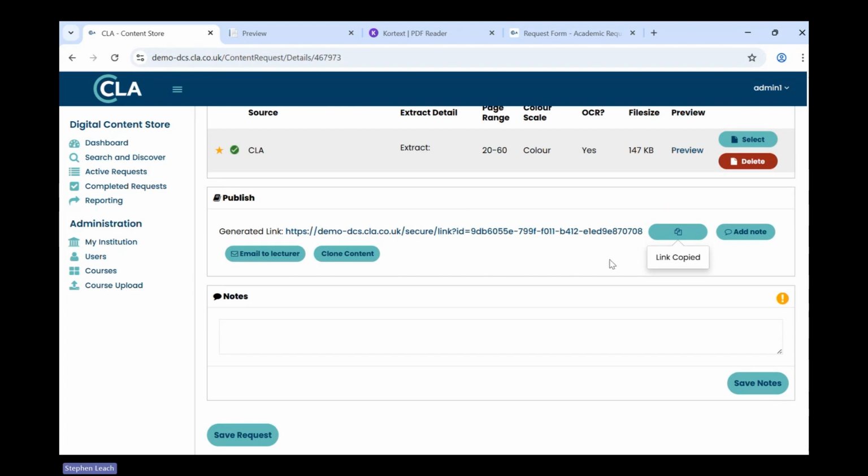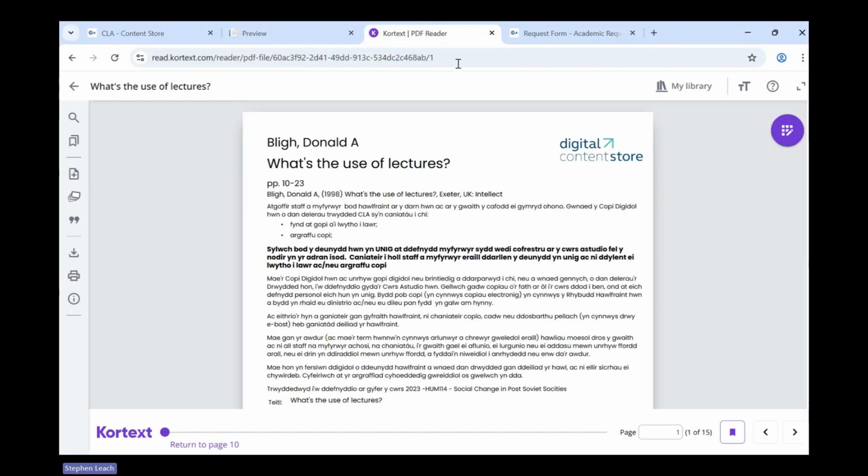It's always useful to follow the link yourself just to check that it looks fine. And this will be the plain PDF, and it will open in whatever default PDF reader that you're using. We tend to use Cortex, so I've got a Cortex link. I'm using the demo site at the moment, so this link won't work. It's a fake link, but I have a Cortex link that I've got from earlier, and this is how it